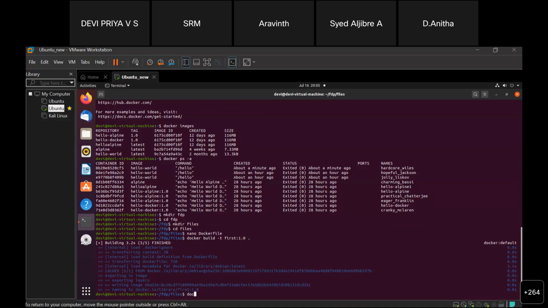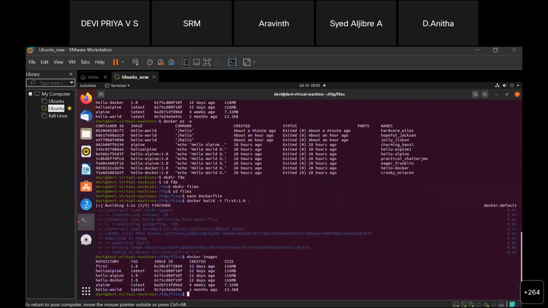First let's see whether I have created the image or not. If I check docker images, we can see first followed by the tag 1.0. So we have created the image here.